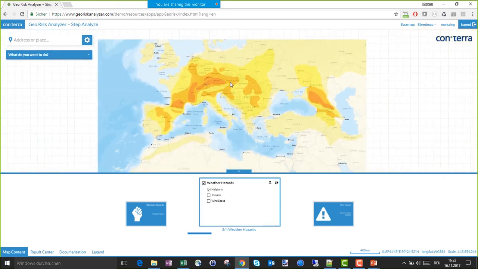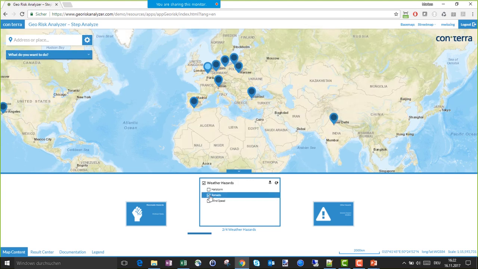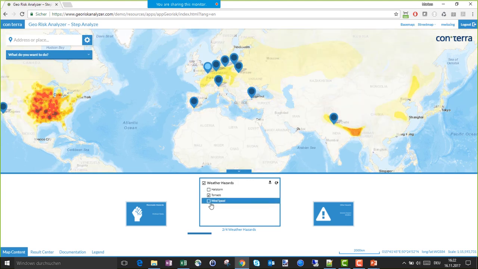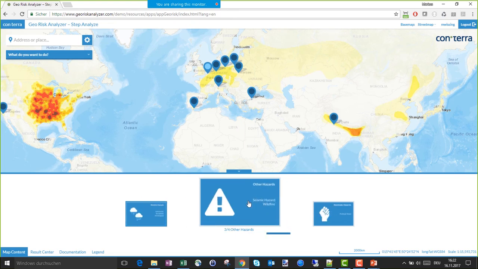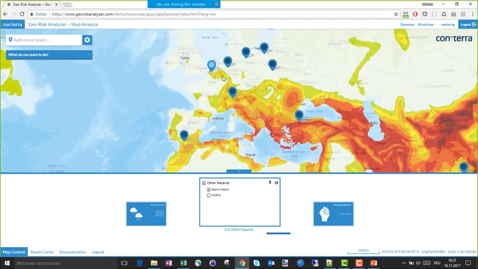See here that hailstorm is probably a problem in Europe, in parts of India, and also in the central of the US. Having a look on the tornado map, or finally having a look at the earthquake map. So we also see from supply chain perspective with seismic hazards in the central of Europe, we don't have many